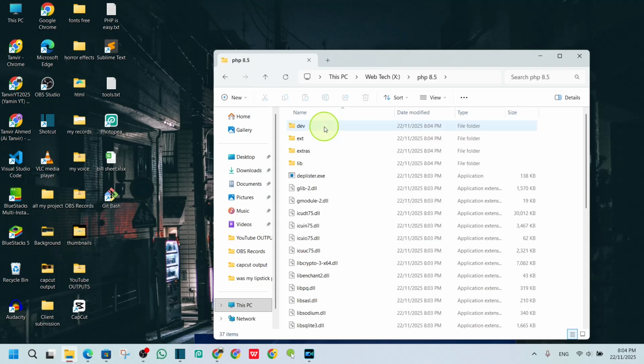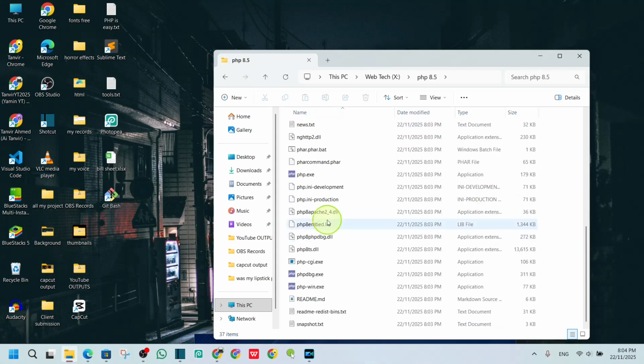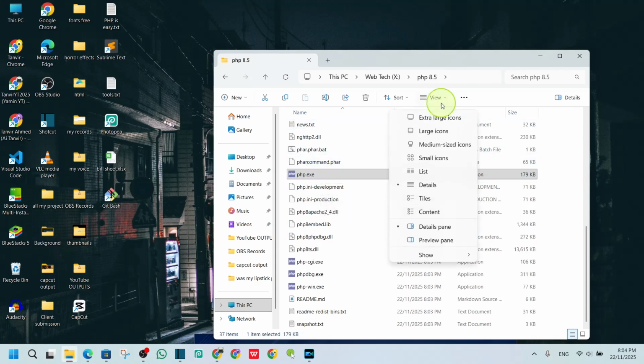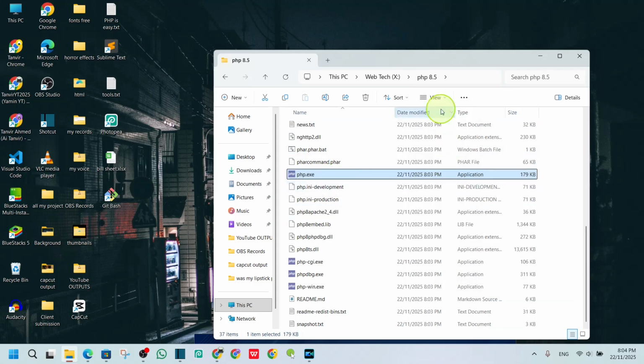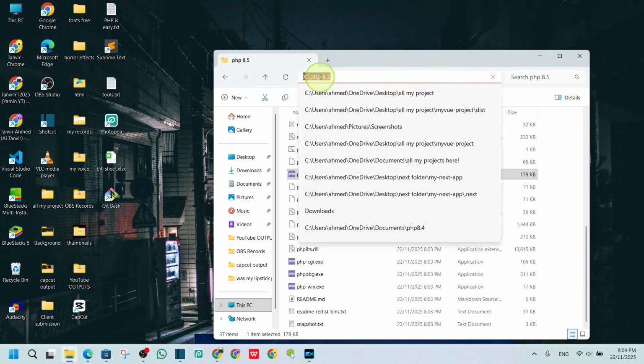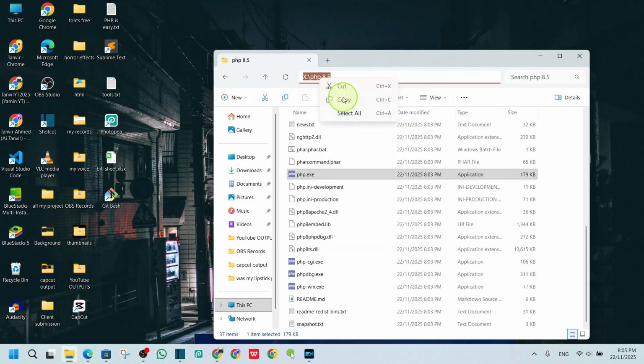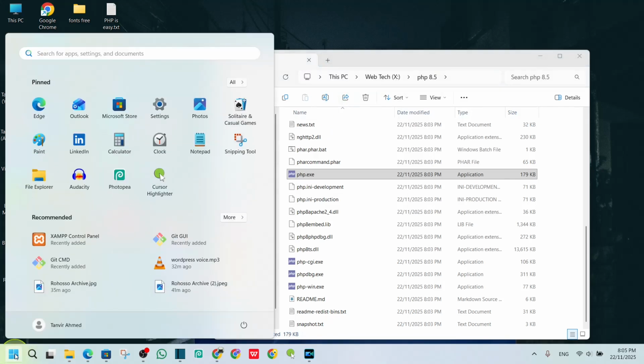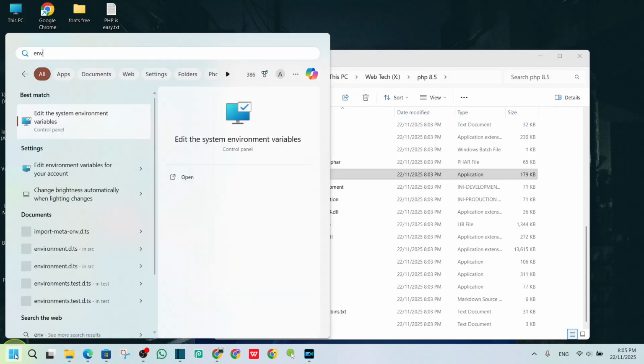Now we will actually go inside this folder, and here we have php.exe. If you don't see the extension, you just have to actually click here in the view and then click here show, and then you have to check file name extensions. So now we have php.exe here. Now I have to actually select here in the address bar. Now copy this and now go for the home button, and here you have to type env, and you will